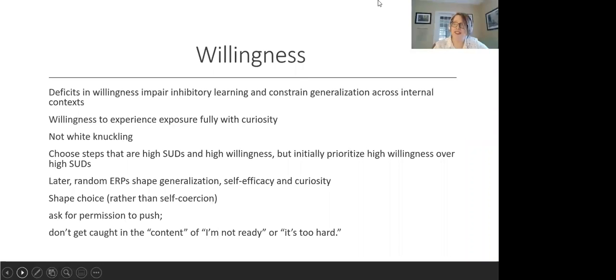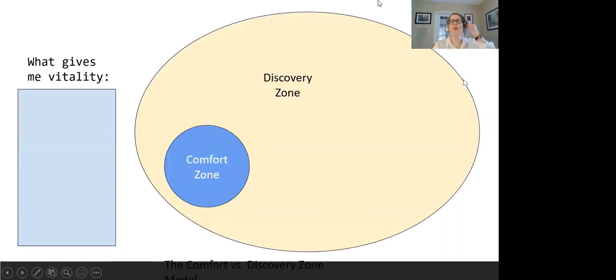Let's go. All right, so I'm going to show you a little tool that I developed in my clinic. That's a really simple way to teach very contextualized exposures. We don't have a great name for it other than the comfort versus discovery zone model. So apologies for the clunky name. But this is a little worksheet that you guys can make yourselves, you can use, and if you use it, love to hear how it works for you. But so far, we've noticed that the young people that we use it with really love it, and it's very effective. We run groups based on it and things like that.